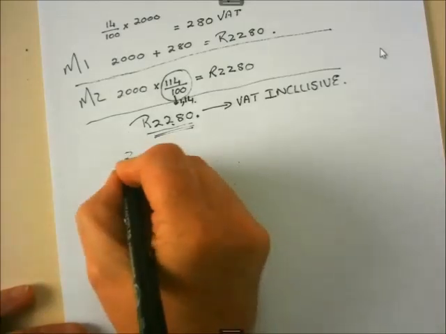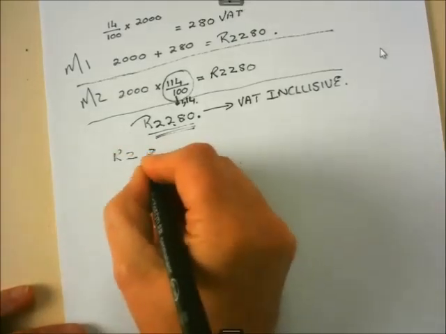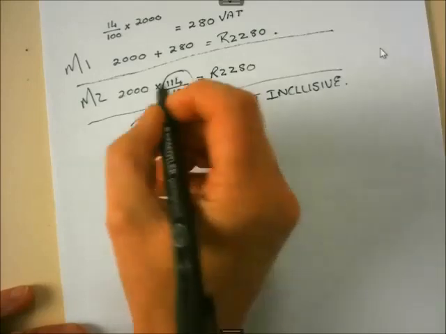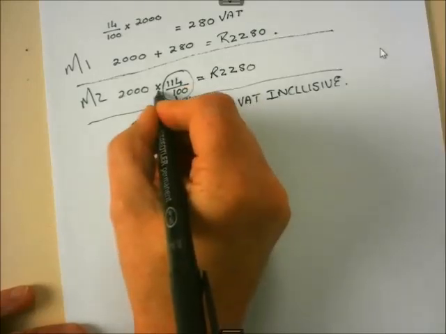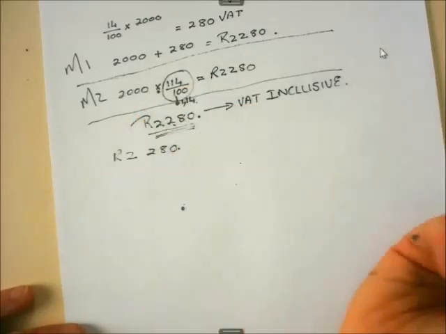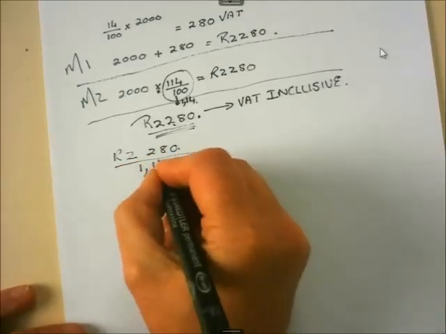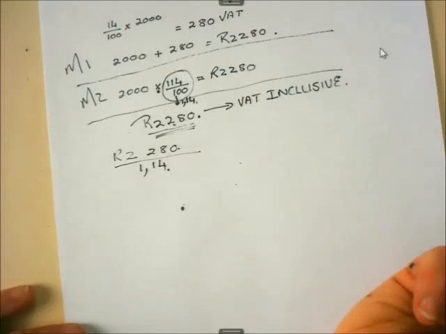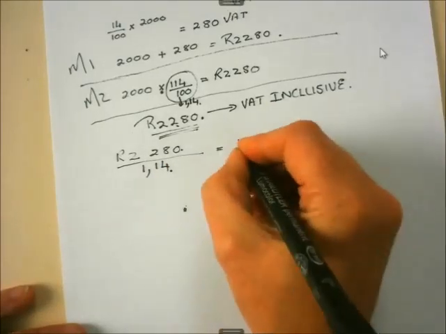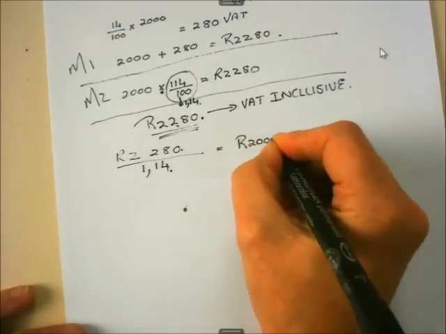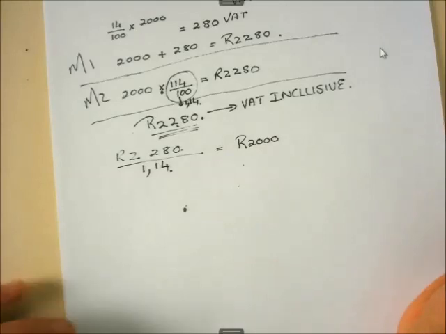So then you are going to take the 2,280. Now, what is the reverse calculation of multiplication? Yes, it is division. You are going to divide by 1,14. And if you do that, you should get the 2,000 Rand, which was the price of the cell phone before